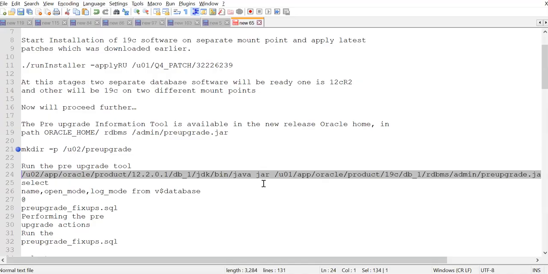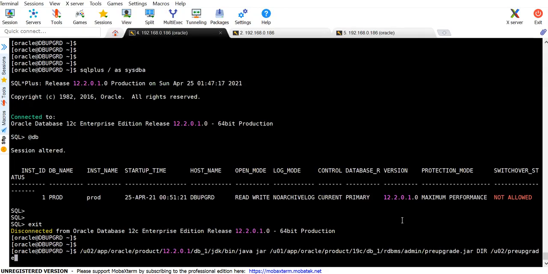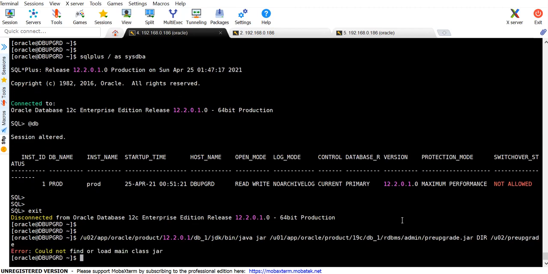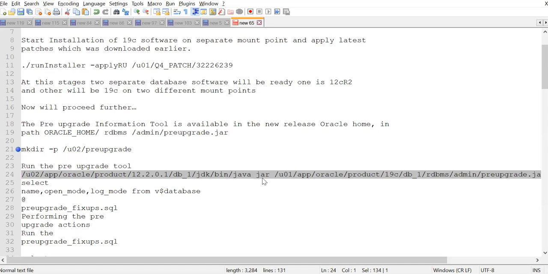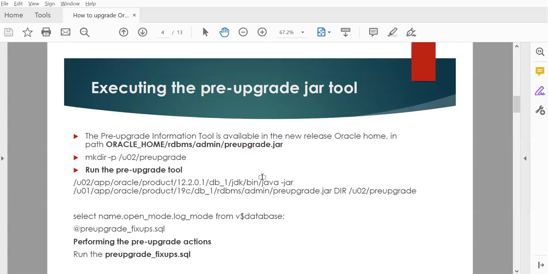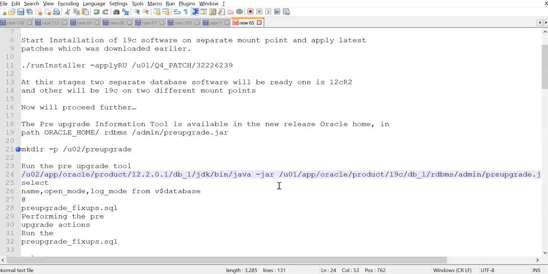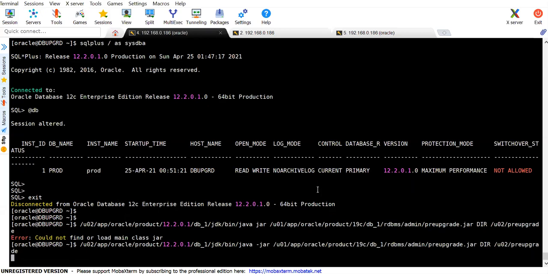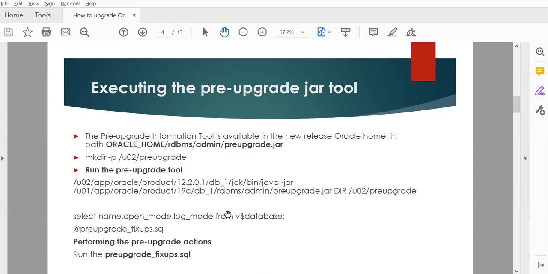So we can run from the 12c home, which is pointing to my 19c jar file. So java -jar. Okay, the hyphen is missing, because of that it is throwing me the error. Let me just re-execute the command. So basically it is running the preupgrade jar from the 19c home, and it is executed from the 12c home, and the data is getting redirected to the newly created directory called u02 preupgrade. Okay, once this is done,